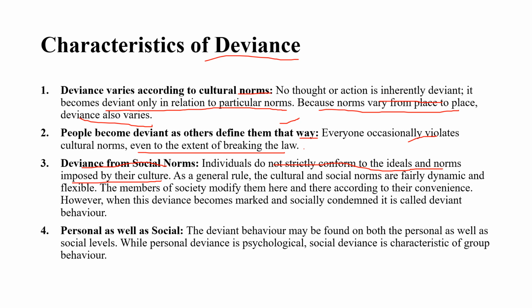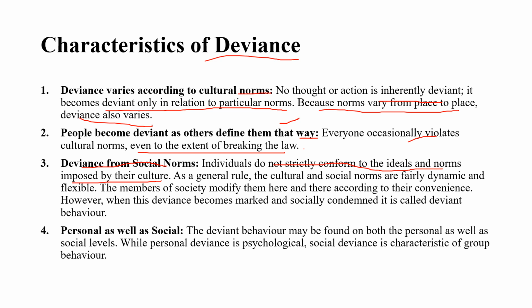So social norms might be resulting in deviance 2, 3 years back, but it is not a deviance anymore. For example, same-sex couples. Before the scrapping of Article 377, we used to believe that this is completely wrong. They can't have the rights that normal individual citizens of this country have. But then when they scrapped Article 377, they became acceptable groups in society. Then that behavior changed, right? That context changed. So it is very important that we understand that.